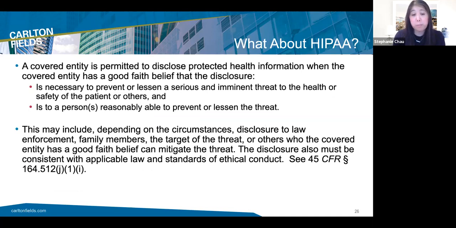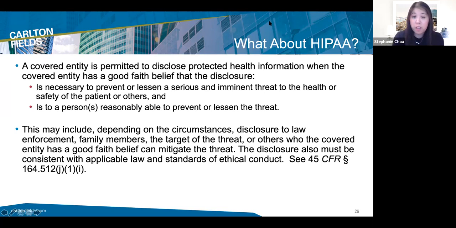HIPAA permits a provider to warn the appropriate person or persons of the threat, and that's consistent with professional ethical obligations and state law requirements. That specific section is set forth in the federal regulations. Obviously, state obligations, as we said before, differ, but this language is consistent with language in the New York statute